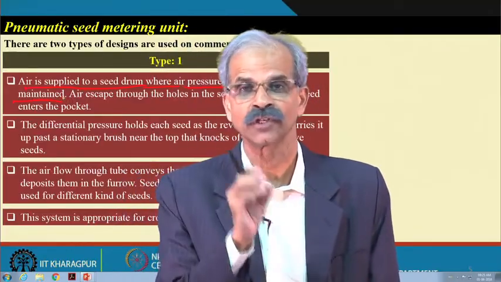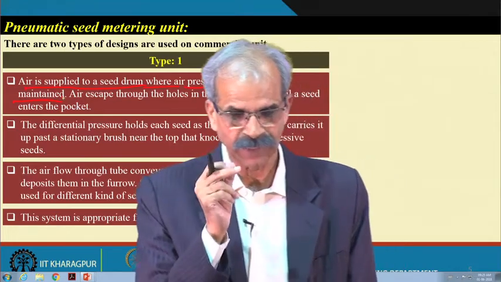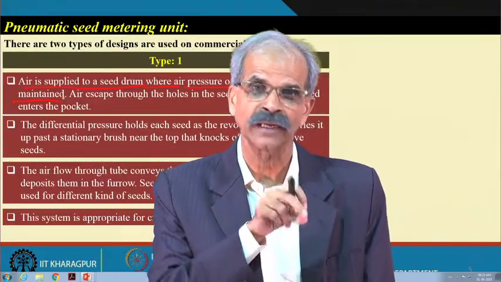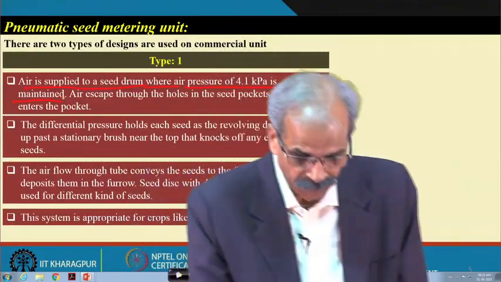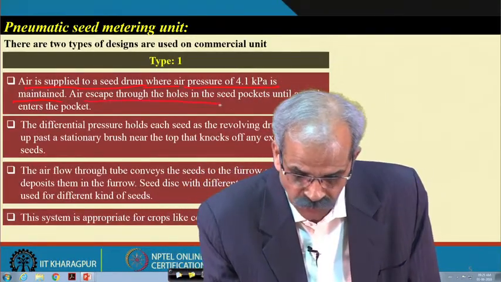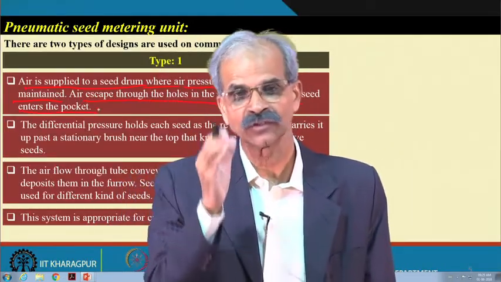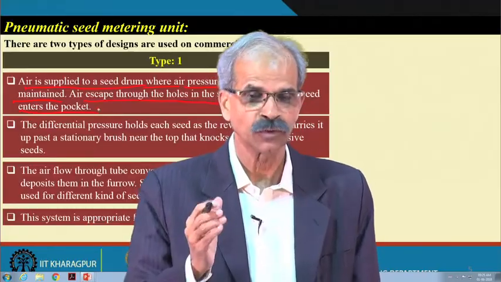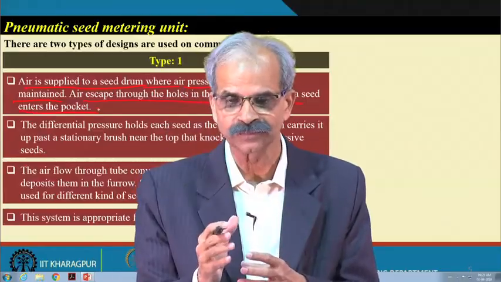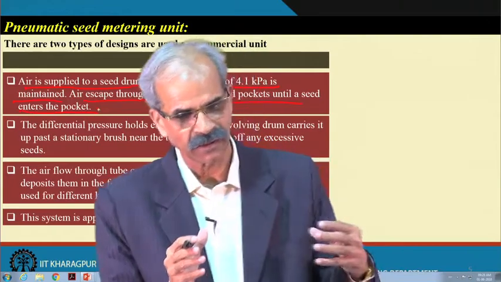I have shown you the drum already, from the hopper. Now, you see that the air which is coming through the tubes which you have seen earlier, those tubes are entering into a drum. Now, air pressure of about 4.1 kPa is maintained, and air escapes through the holes in the seed pockets until a seed enters the pocket. There are pockets in the seed plate itself. I will show you. The air in the hopper is at atmospheric pressure, and here you are passing the air maintaining a pressure of about